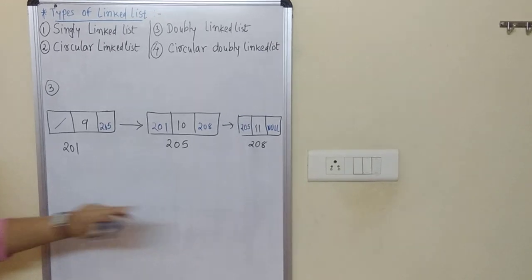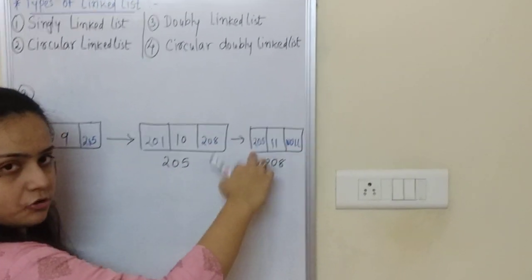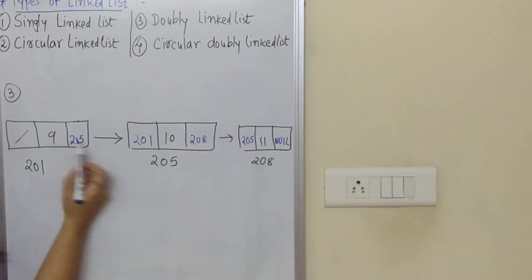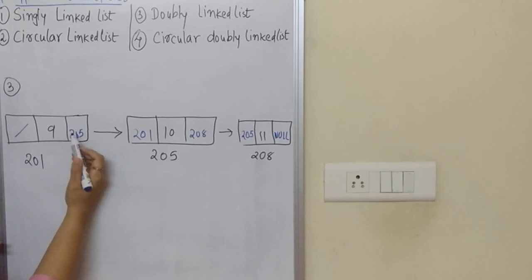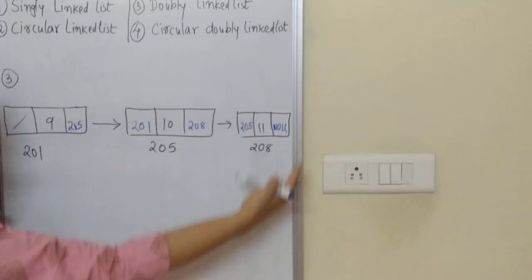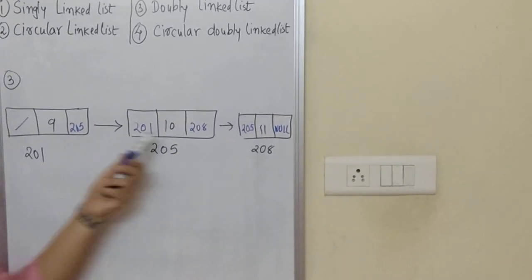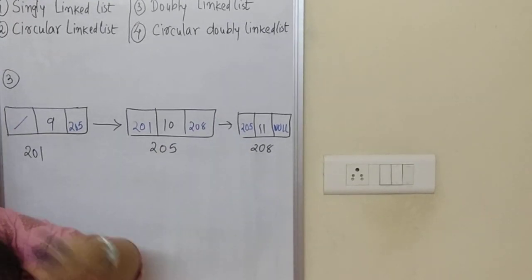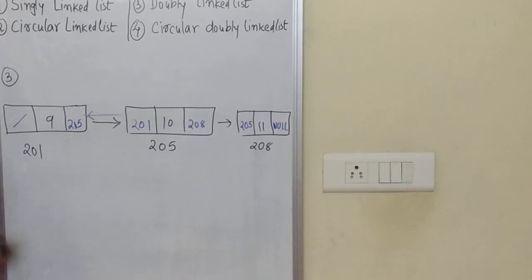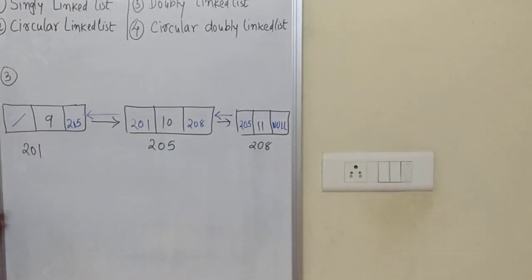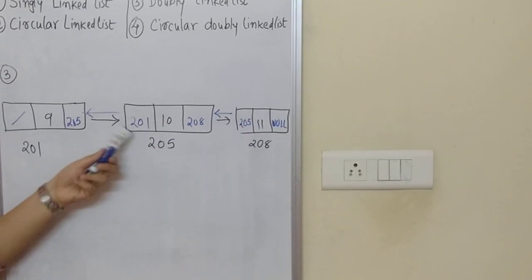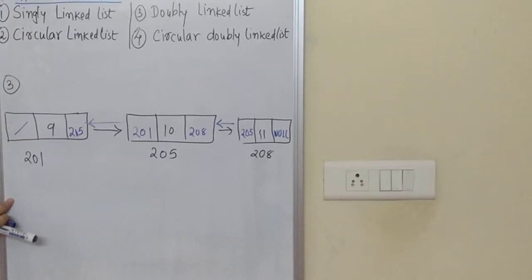Okay. Now as we are writing the address over here, it should go there. Like in a normal linked list scenario, we have written the address of the next node, then it should be linked with that node. Again we have to write the next address, so it should be linked with the next node. So here also we have written the address of the previous node, so it should be linked, right? So it looks like this. Here also it should be linked with the previous node. As we have written the address of the previous nodes, it should be linked with that node also. Fine. So this is how your doubly linked list looks like.